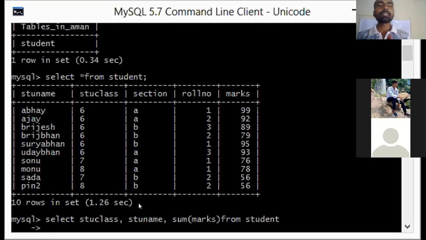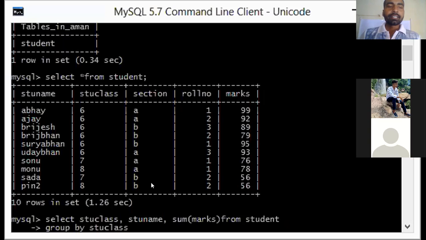Then let us write the group by clause. Group by which column do you want? Let us include STU class. Group by STU class.